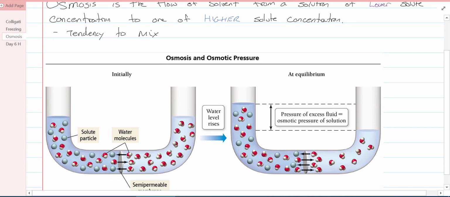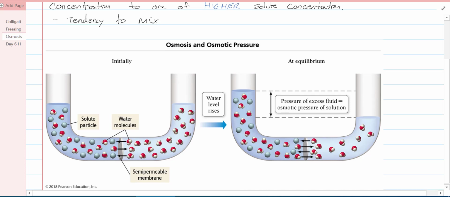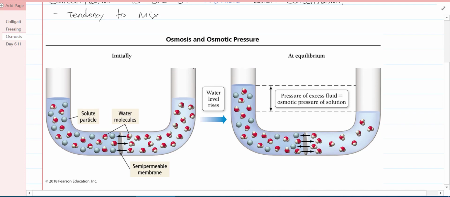Okay, so let's look at this. I have a tube. It looks like a U-tube, right? It's a tube that's shaped like a U. Okay, it's a glass tube. There's a semi-permeable membrane, which means some things can go through it and some things cannot go through it. So you have the solute and water. So obviously we have pure water over here and a mixture. Well, there's going to be a net migration of water to the solute particle, right, the mixture,